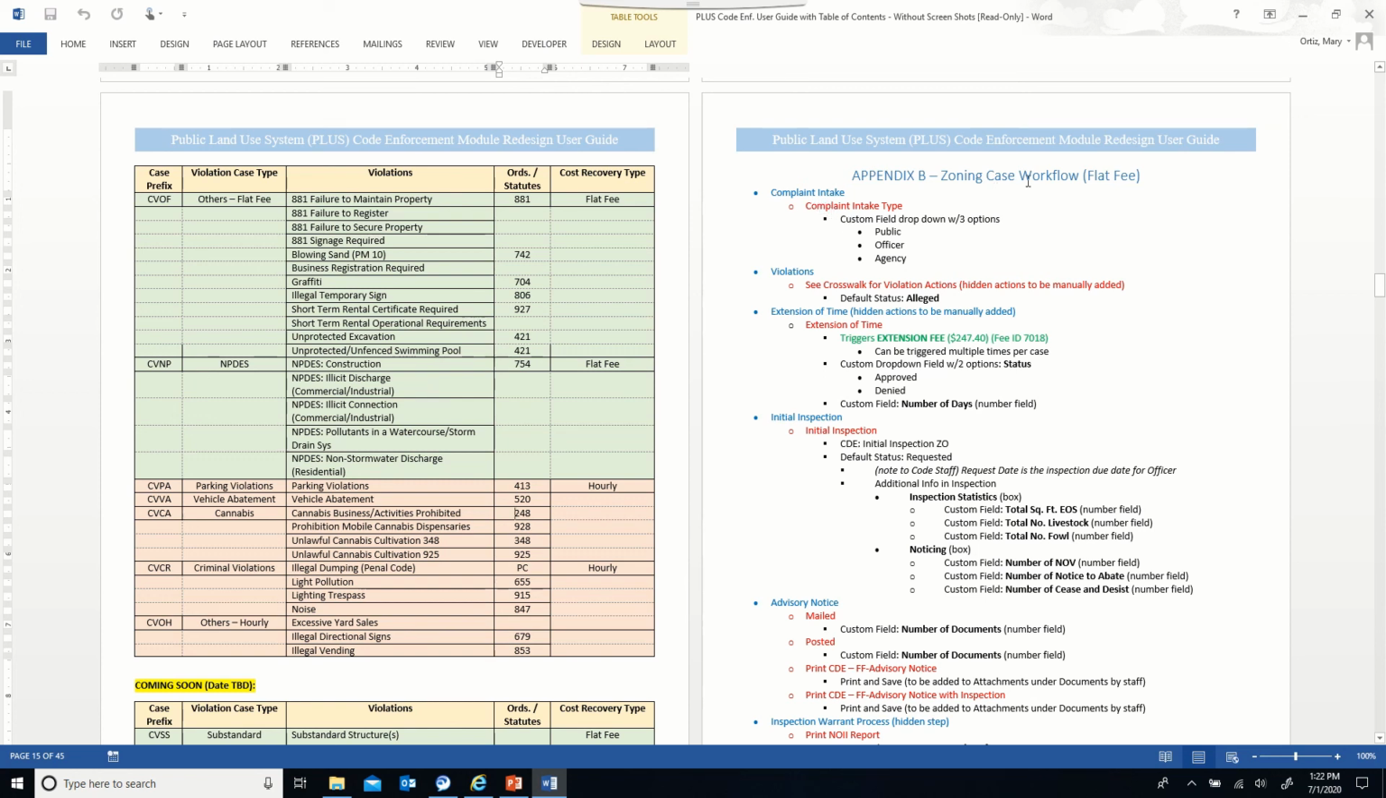So when you go into your zoning case workflow, you're going to see the complaint intake step, and then it will outline any custom fields that staff can fill out. In this instance, complaint intake has a custom field with a drop-down menu with 3 options. Was it a public complaint, officer discovery, or was it a referral from another department or division within our agency? Violations, this is the step. You're going to add violations in the workflow as you have previously,